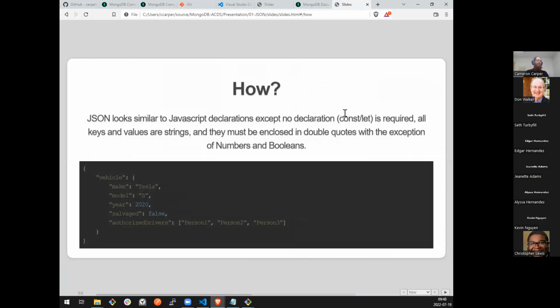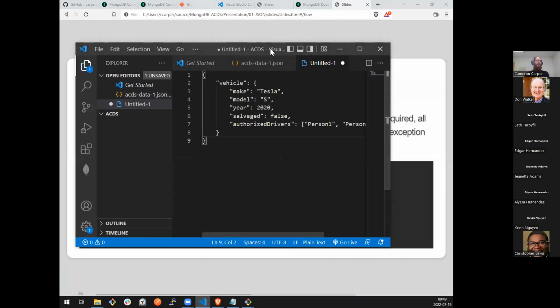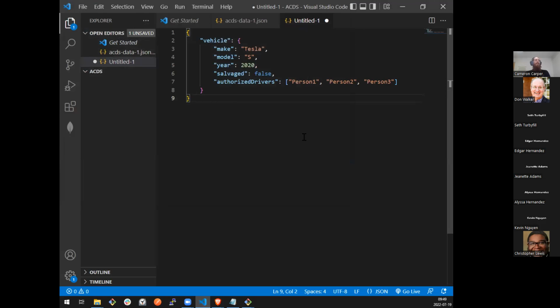So we have a simple example of a JSON document here. I'm actually going to cut this out and throw it into VS Code because the syntax highlighting in this browser is not great for a screen share. So this is what we see when we talk about a JSON document. In this case, this entire file is a document. It currently consists of only a single object.